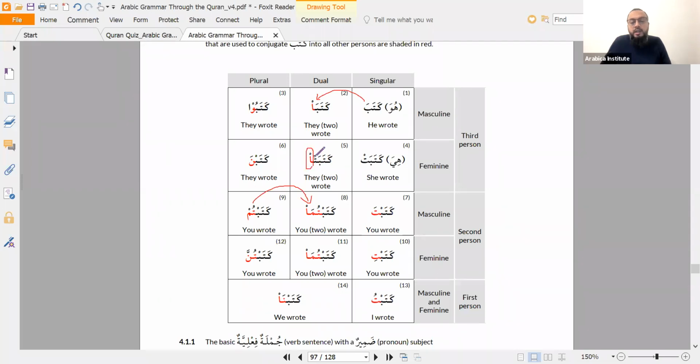So this alif is actually a ḍamīr, it's a pronoun. This waw is a pronoun. This tum, these second person ones are easy because you just take the pronoun off of the detached pronoun. From anta, you get the ta. From anti, you get the ti. From antumā, you get the tumā. From antum, you get the tum, and so on. And so the second persons are actually probably the easiest.